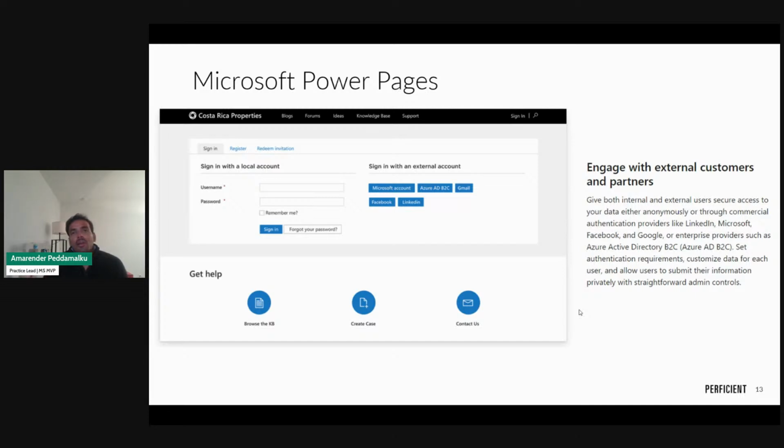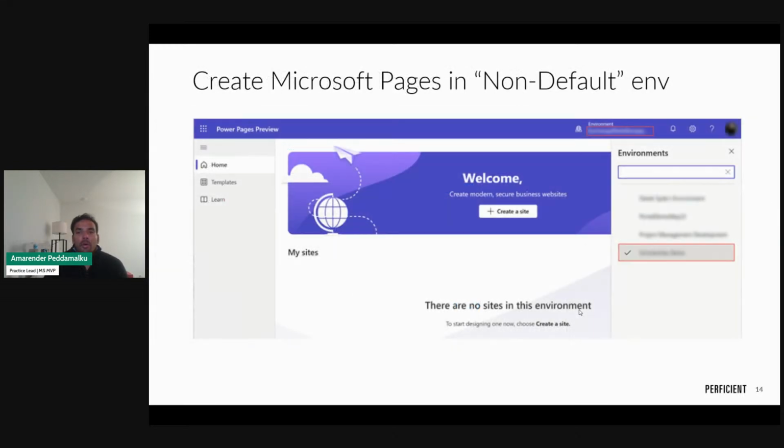But let's say there are a couple of pages that you want to lock down to authenticated users only. You can lock down those individual pages to the authenticated users. So you can have public pages on your website, which are open to the world. And then you can lock down certain pages to people who are coming in using an identity provider. So you can have a combination of both.